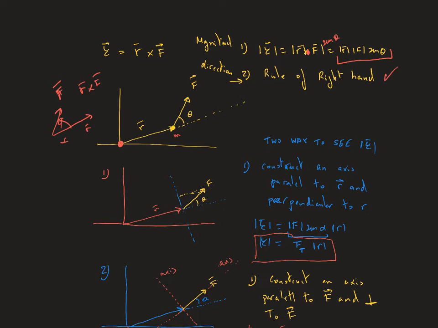Let's analyze the magnitude of the torque. There are two ways to analyze it. The first way that I think you can do it is like this. Construct an axis parallel to R and perpendicular to R. You see, this is R. I construct two axes, one parallel, one perpendicular. So the angle that R forms with F is this angle theta. So I have that the magnitude of the torque is the magnitude of F by sine of alpha